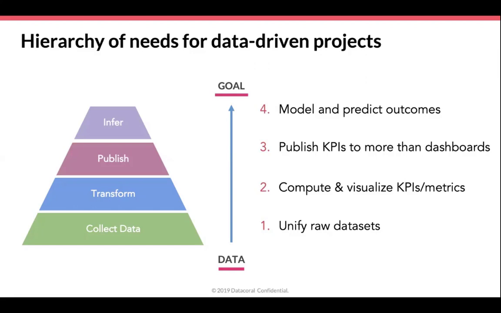And then there are issues around publishing, and then finally the newest generation of machine learning and AI algorithms, and the goals that folks have now of inferring information out of the data they've got to help them make a prediction or an estimation of what's going to happen next for their business. That's sort of the hierarchy of needs we keep seeing. And what's really astonishing about this is that there are very, very few people at the top of the pyramid. That is correct. It's a pretty noisy space. It's not a crowded space, like our CEO always likes to say.